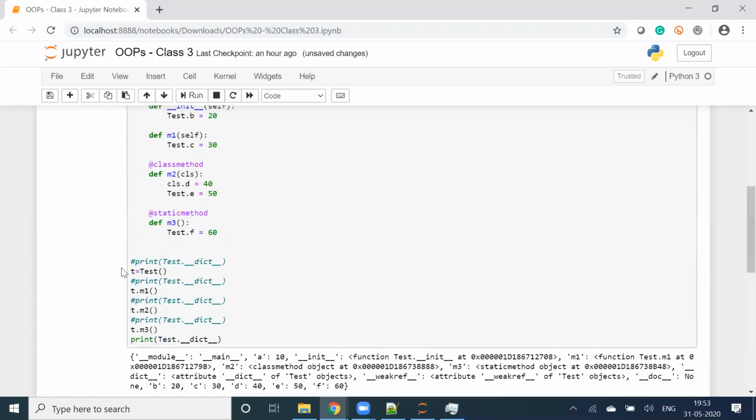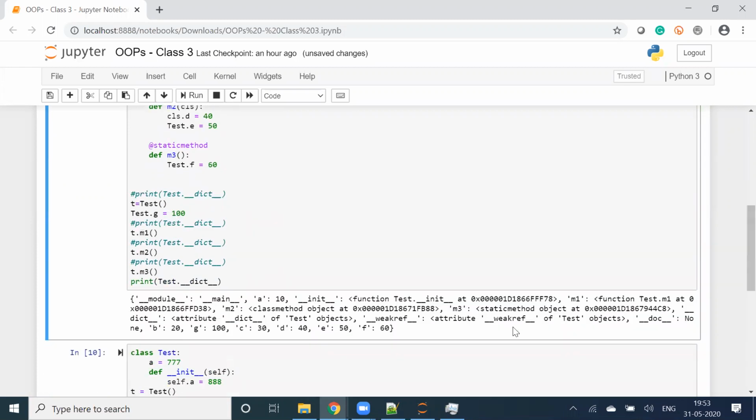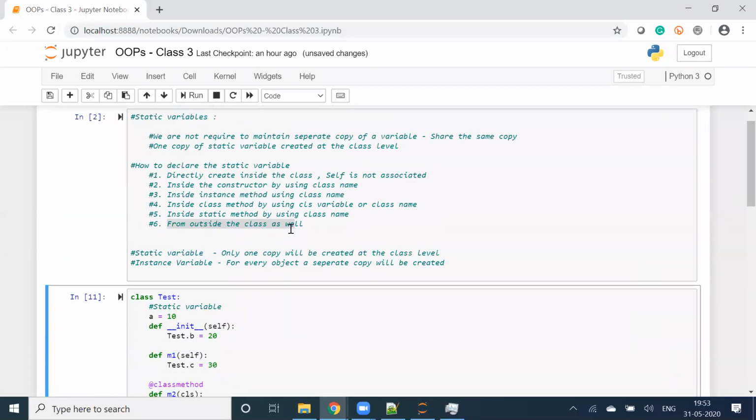Okay. Also, let me go back to this example. Let me run something like this. Test dot g is equal to 100. Execute. You see here, this is nothing but the last example.